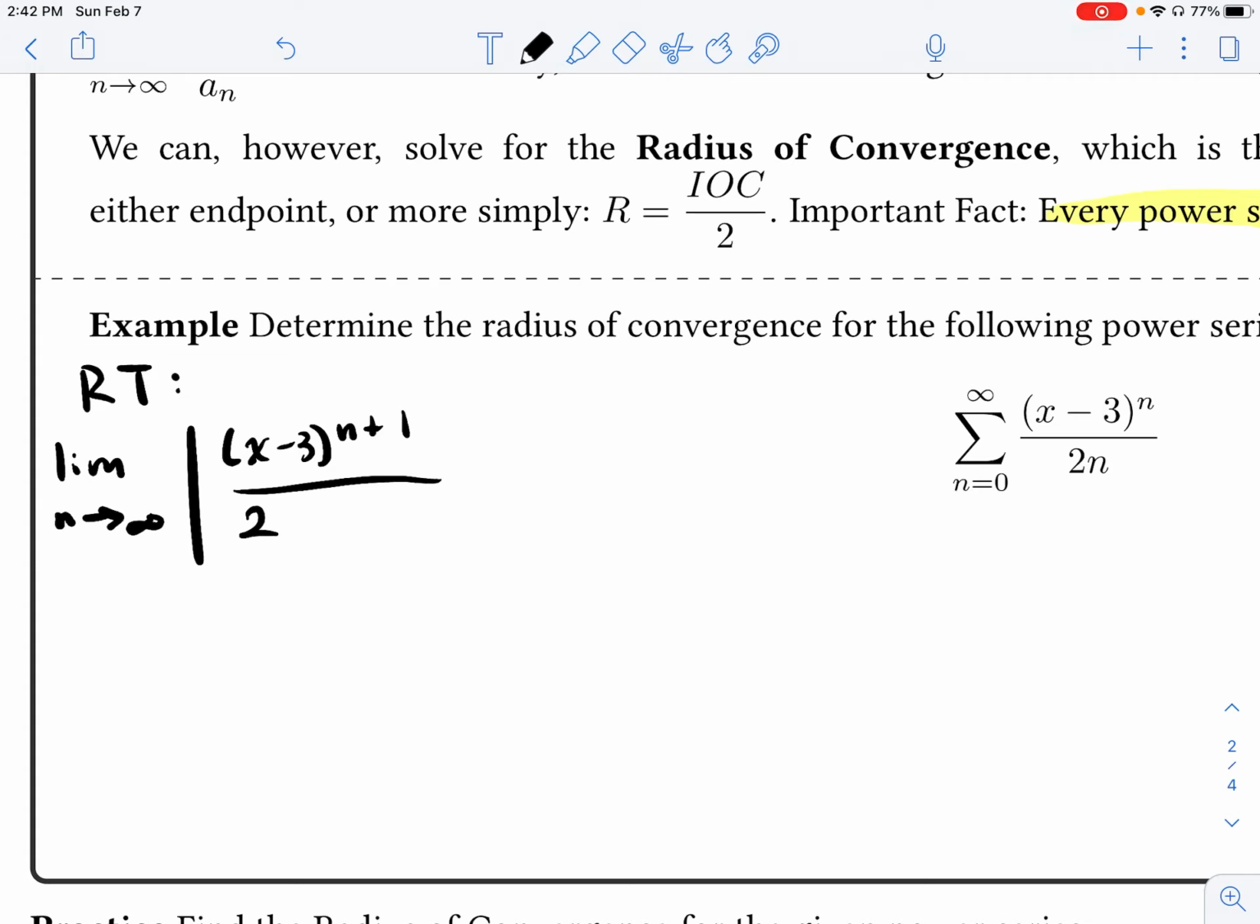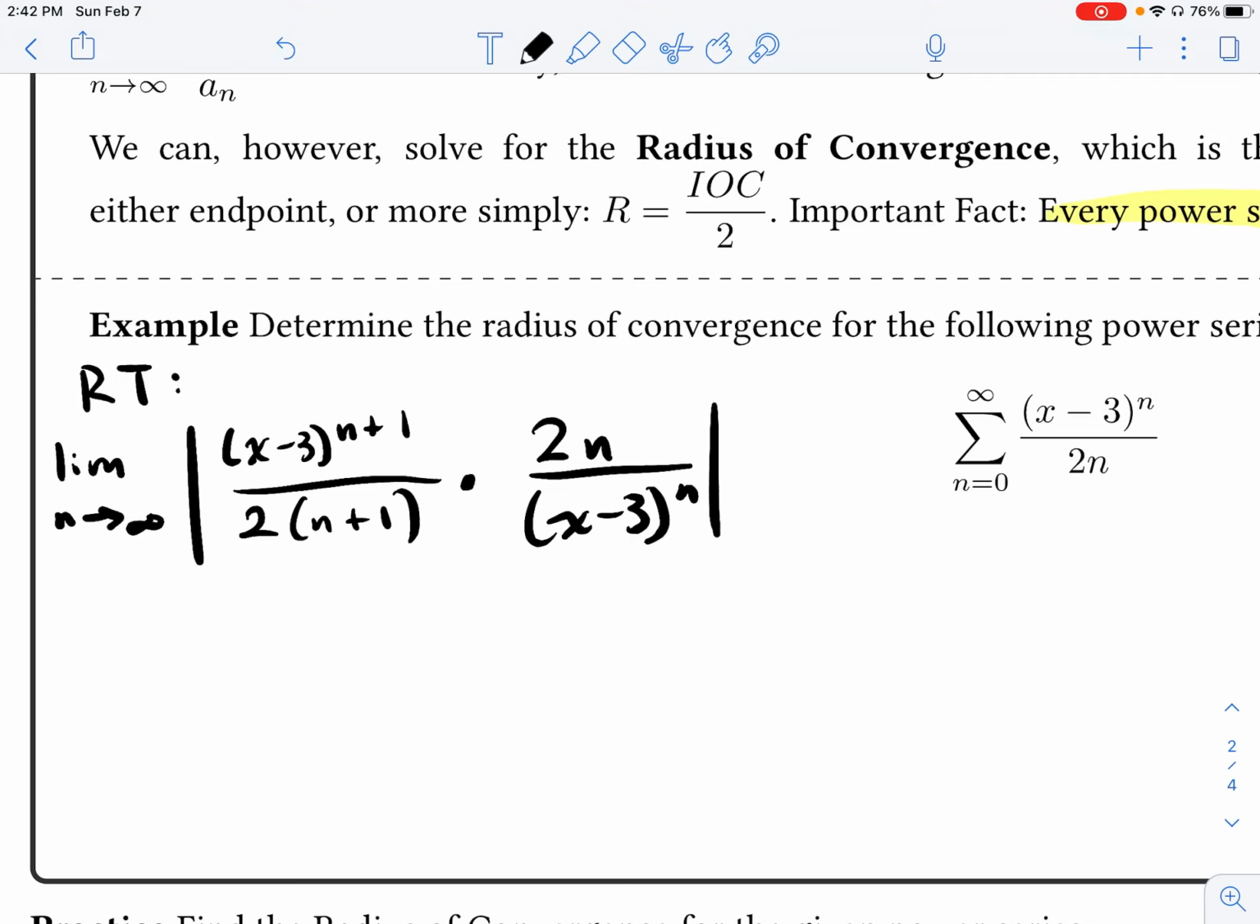It doesn't matter too much, right? 2 times n plus 1. And then we're going to divide it by the a sub n term, which means we're going to multiply by the reciprocal of that. So we're going to put 2n in the numerator and x minus 3 to the n power in the denominator. All right, now let's clean this up a little bit before we start thinking about